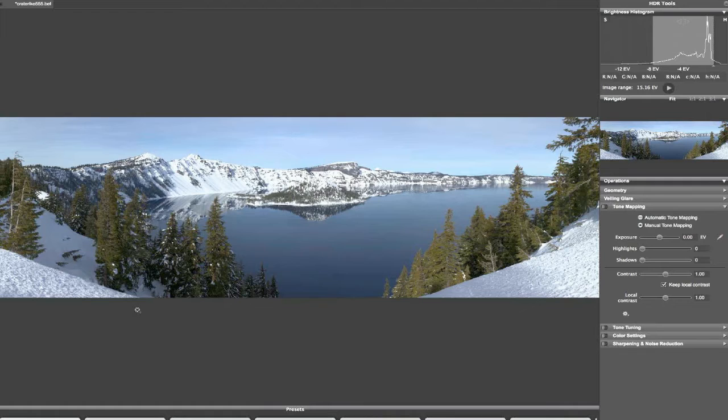When I rendered this, if anybody was really sharp, they might have noticed that I lowered the resolution on this panorama just for the webinar. A lot of times I'll reduce the resolution just so I can do a test and experiment with my settings. Once I get those settings perfect, I'll go back and re-render it at full resolution. You can save those files in AutoPano Giga, and then you can merge the large files later, which takes longer. But for the purposes of the webinar, we wanted to keep it